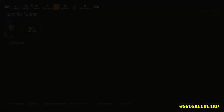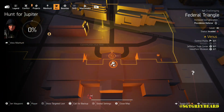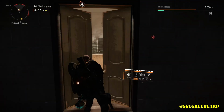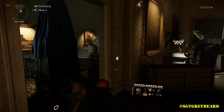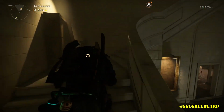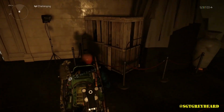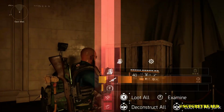So moving on, as I said, this is on challenging difficulty, and this item is actually from a True Sons lockbox, or faction box, excuse me, in the Federal Triangle. One thing we try to do here is when we do show you exotic drops from a faction box, we try to have them not ones that are locked behind a level. Now obviously if we get one, we're going to show you no matter where it is, but when we do specific videos, we try to have them in the open world so you don't have to go through a level to get it. As you're about to see in this one, we got Acosta's Go Bag,